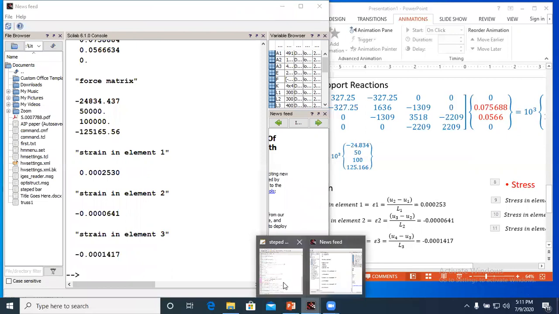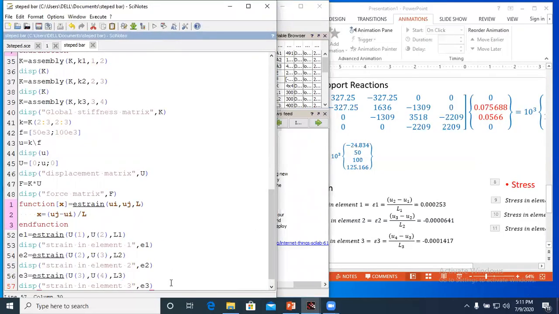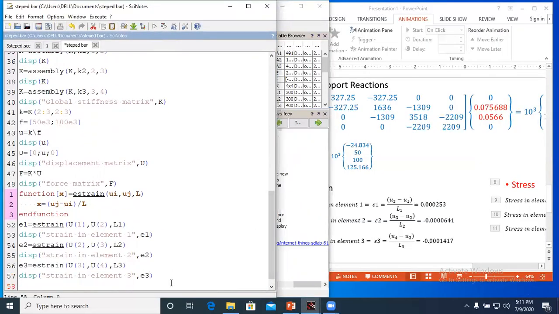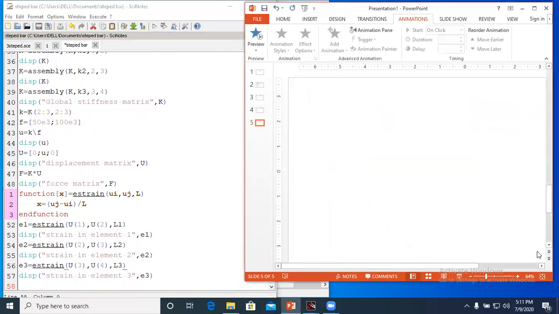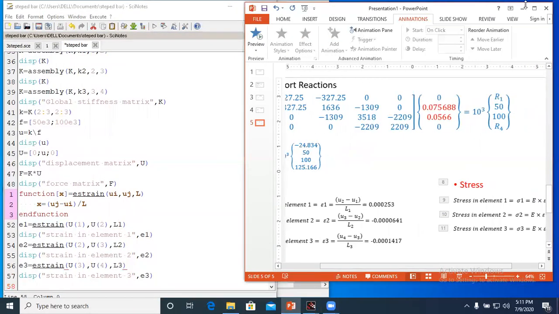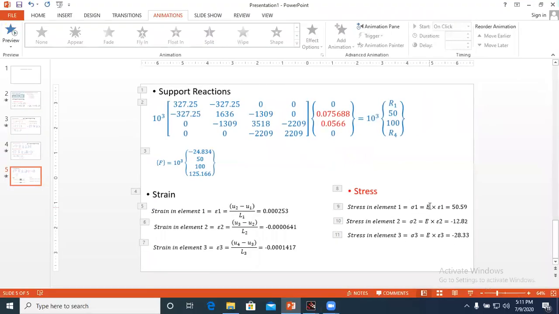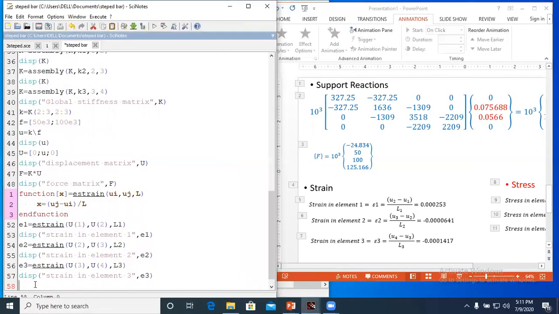Next I will go to the stress calculation. Stress is the product of strain and modulus of elasticity. You just have to multiply all strains by the modulus of elasticity, and you will get the stresses. Now here I will calculate S1, I am using S as a notation for the stress. It is E into E1.